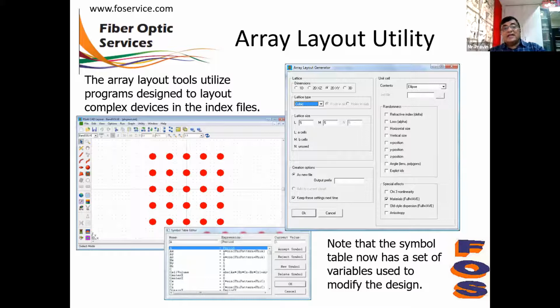It also has an array layout utility. Now, when you want to design a periodic array, this array layout utility has so many options. You can design 2D, 3D arrays, and with different types of units.